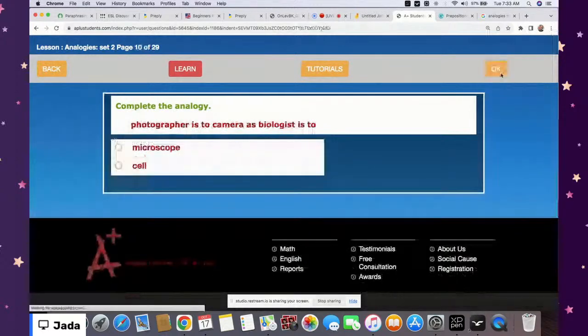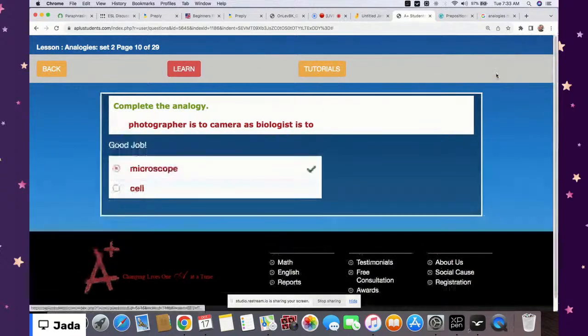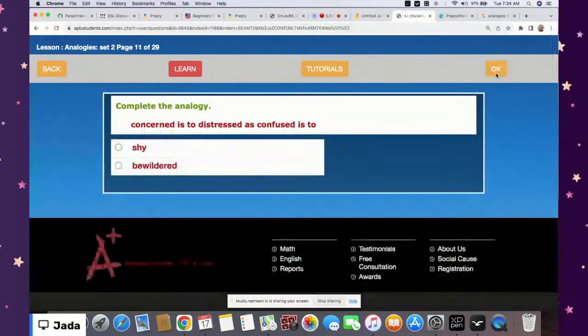Photographer is to camera as biologist is to what, cells or microscope? So biologist is to what, microscope or cell? Because photographers use cameras, so what do biologists use? Let's say biologists use a microscope, because they use that to see all the tiny things. Let's click on microscope. That's what they use. So just like the photographer has the camera as its tool, the biologist uses a